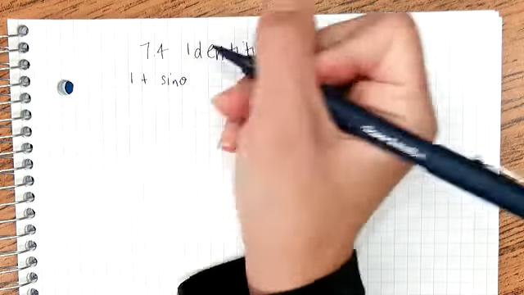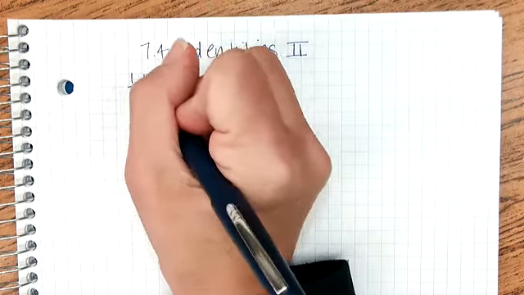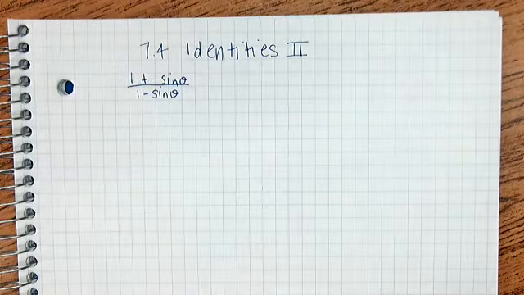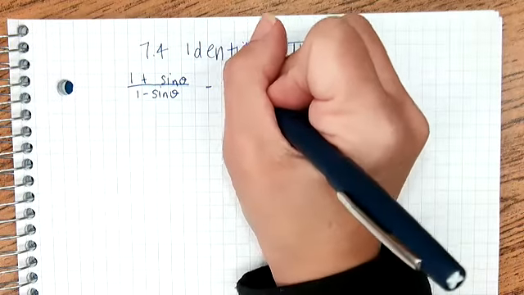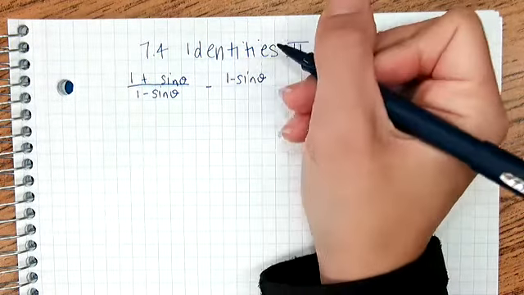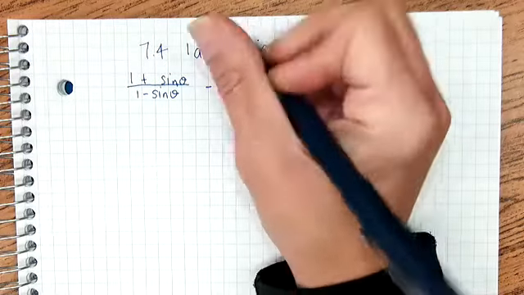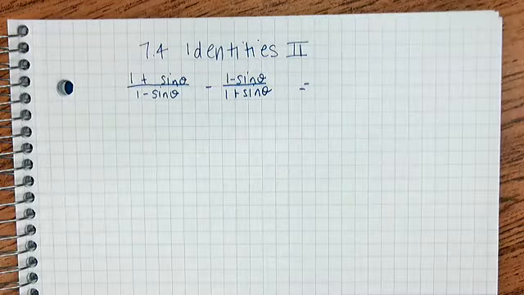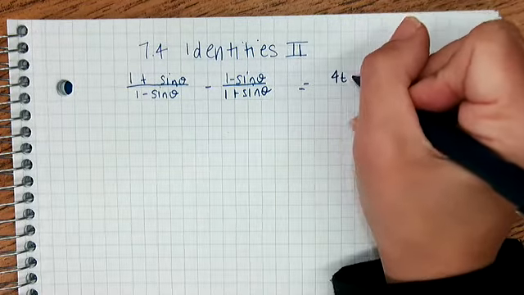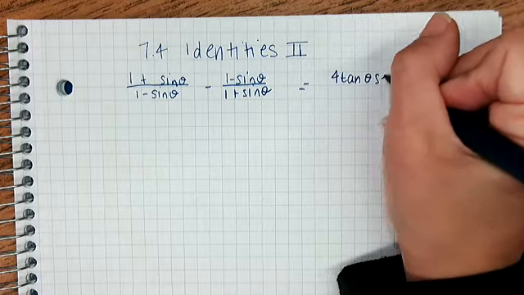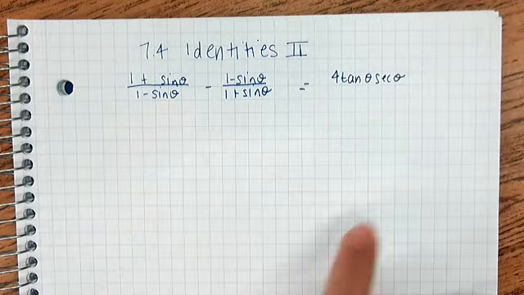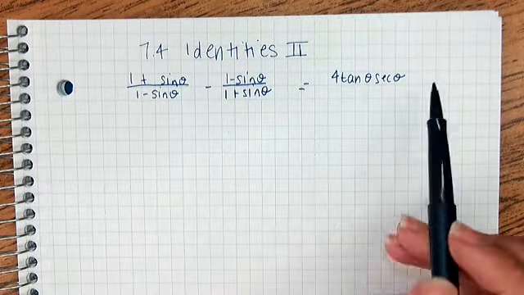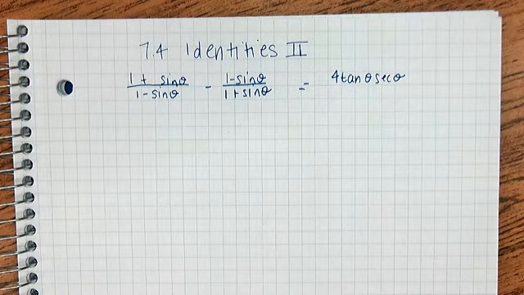We're going to start with (1 plus sine theta) over (1 minus sine theta) minus (1 minus sine theta) over (1 plus sine theta), and that is going to be equal to 4 times the tangent times the secant. Okay, just a quick side note, don't forget your thetas. So don't be writing sin, tan, sec. That's not proper. So make sure you're including your angle